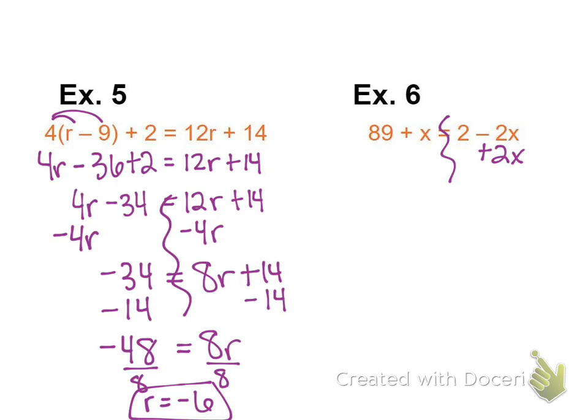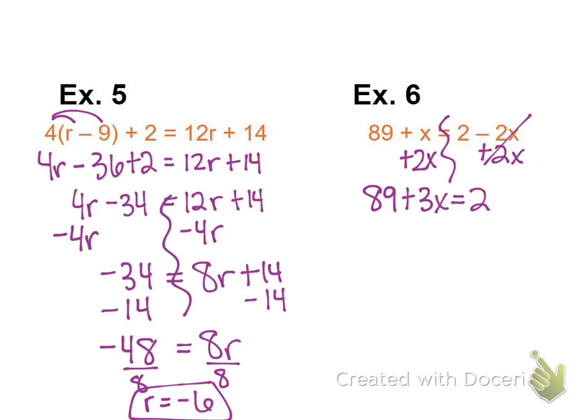But if I do it on one side, I better do it on the other side. Make sure that when you do that, you are adding it to the other x term. Do not add 2 to the 89. That is the wrong thing to do. The 89 hasn't changed. It's still hanging out front. We have a positive x plus 2x. What does that give me? A positive 3x equals, because the x's on that side zeroed out,